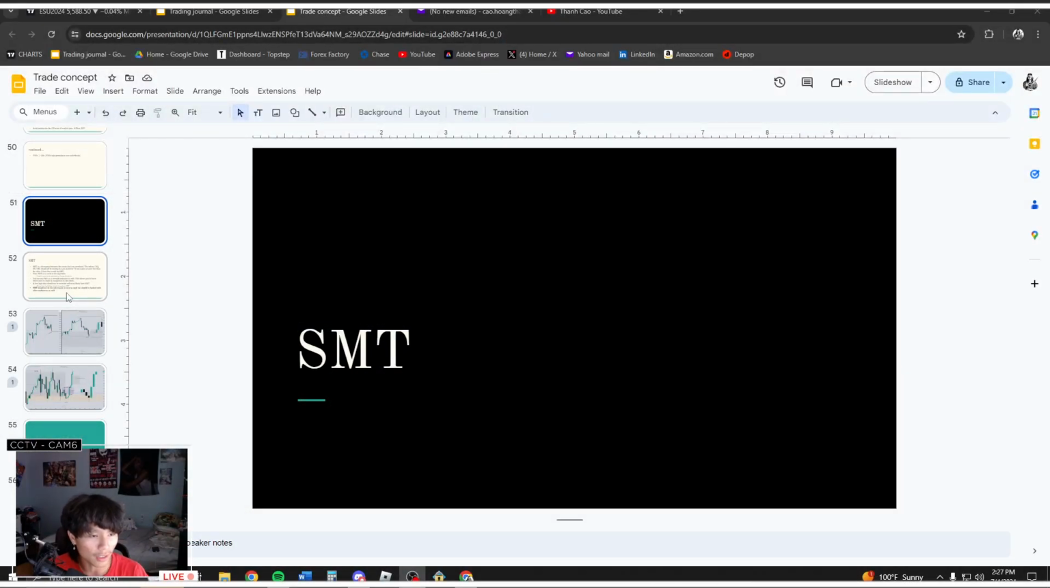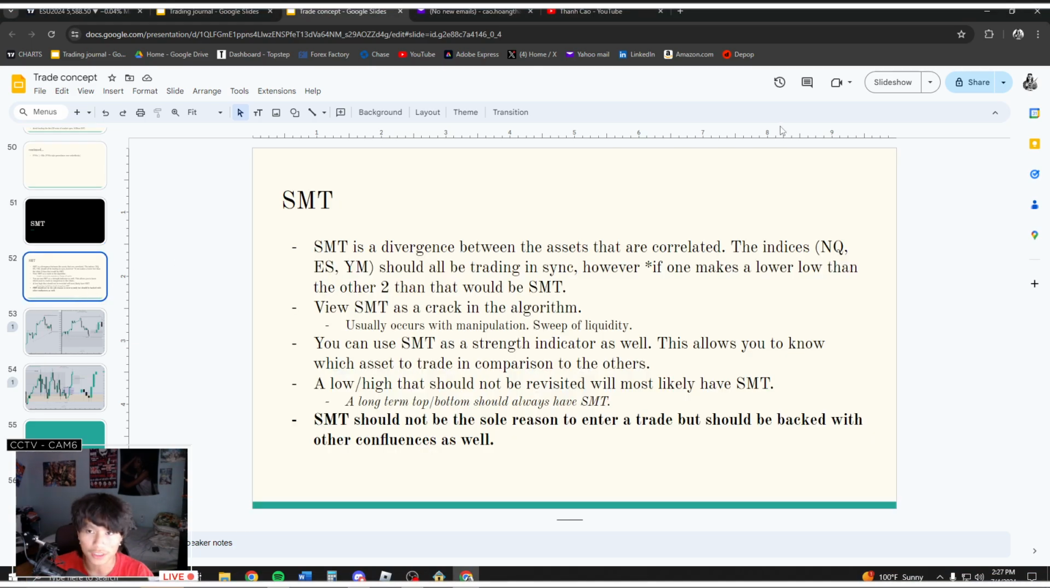So starting off with SMT. You want to ask yourself, what is the definition of SMT, right? So SMT is the divergence between the assets that are correlated. I don't trade forex, so I'm not too familiar with the forex side of the markets, but I do trade indices, and so when I mean the divergence between the assets that are correlated,